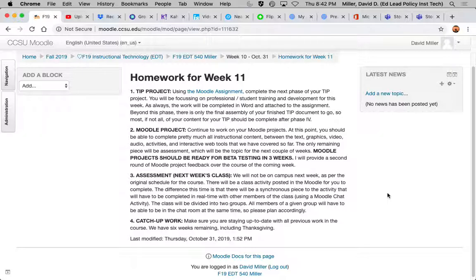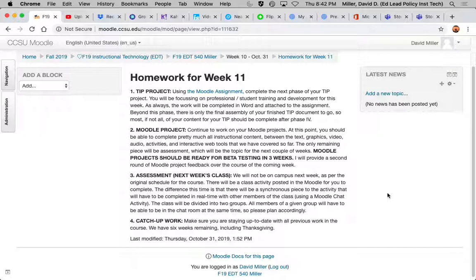As a reminder, looking down the road, these projects should be ready for beta testing in 3 weeks. That's the week where other people are going to be trying it out. They don't necessarily have to be 100% done by then, but there should be enough that somebody can really go through your content and give you some meaningful feedback in terms of last things that you'll need to do to clean up.